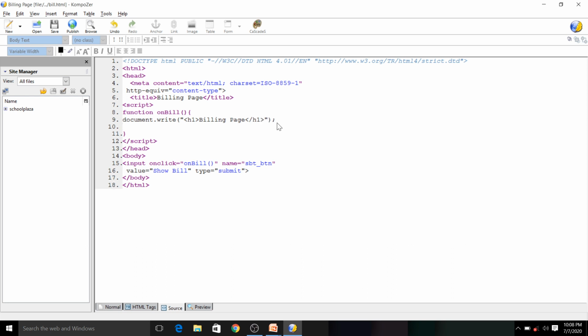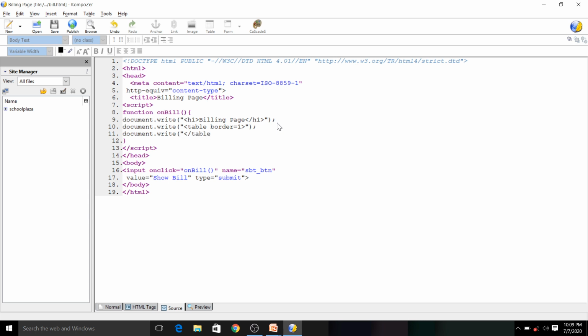I will start my table. We need a table to show the bill, so we have to use the table tag, again using the document object and the write method. Whenever you want to write any HTML tag in JavaScript, we have to use document.write. Document.write and here table. I will even give a border. Minimum is 1; 0 means it will not show any border. So I will close it here. JavaScript statements end with a semicolon. Don't forget it. Put a semicolon at the end of the statement. I will also close this table tag.